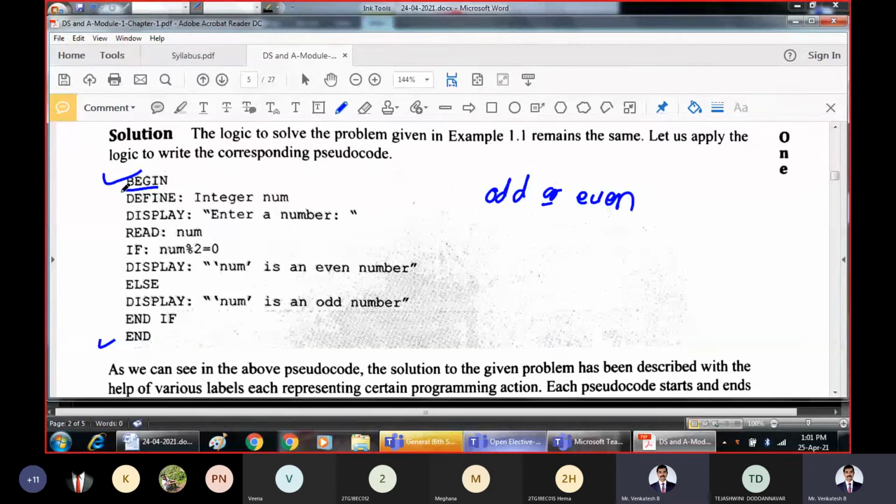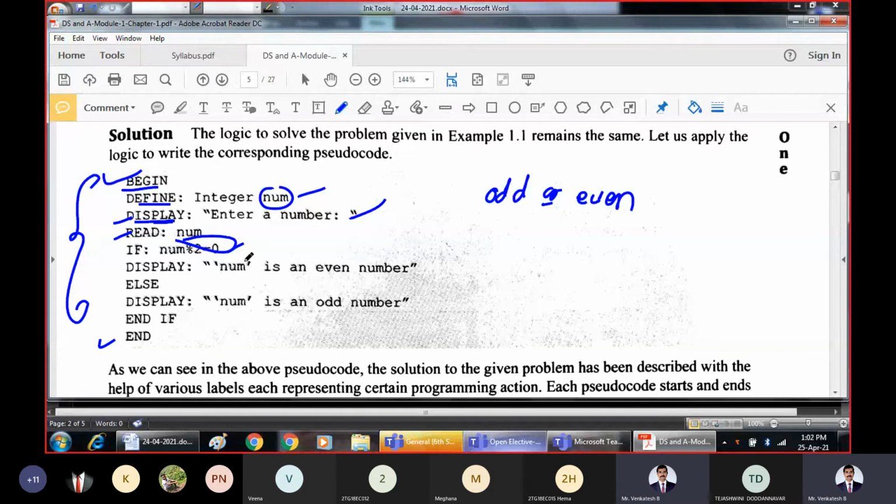So as you can see here, this is nearly equal to a simple C program. So first we will define what? A variable called number. That means declare a variable called number. Display means give this message to the user. What? You ask the user to enter a number. This will be displayed as it is. User has to enter the number. Then that number has to be read, because whatever input the programmer is giving, that number has to be read and we perform this operation.